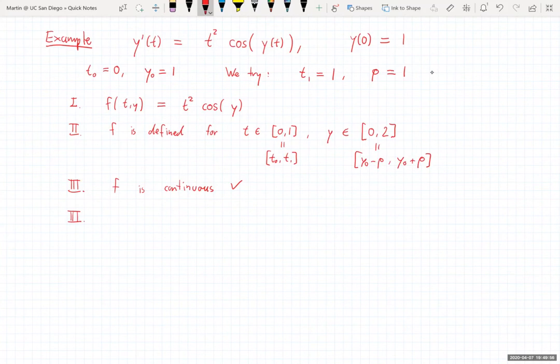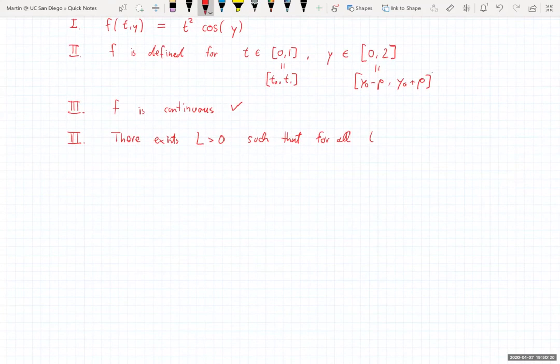And the other condition is there exists L greater than 0, such that for all t taken from this interval from 0 to 1, and all y1, y2 taken from this interval from 0 to 2, we have that